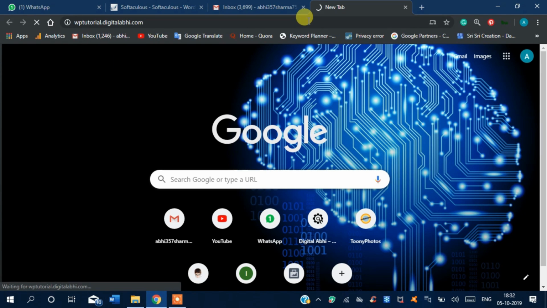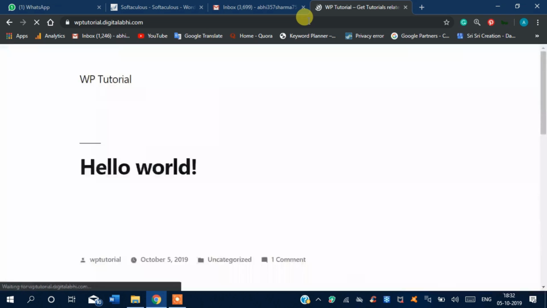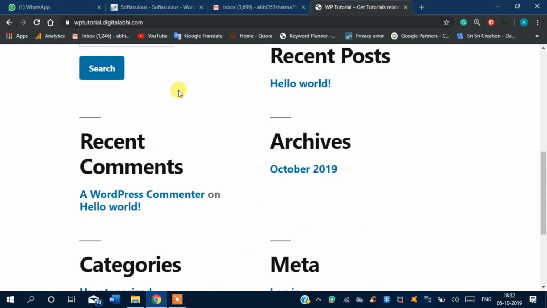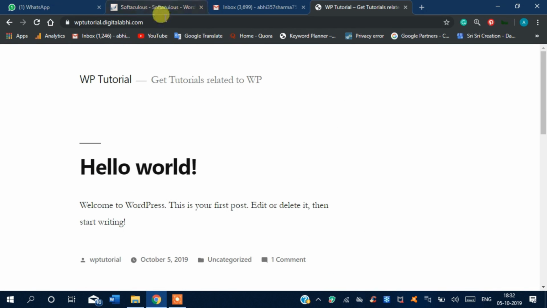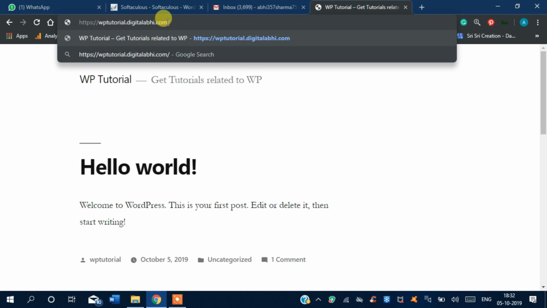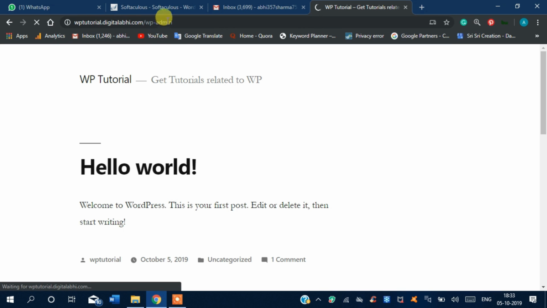As you can see, WordPress is successfully installed here. So we will head over to the WordPress dashboard of the subdomain. To open the WordPress dashboard, you just have to put wp-admin in front of the domain name.